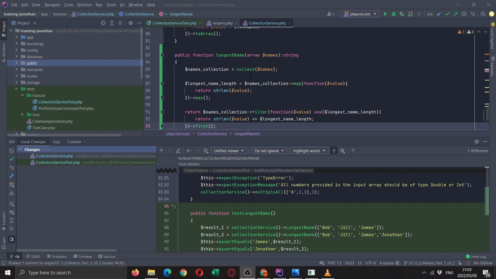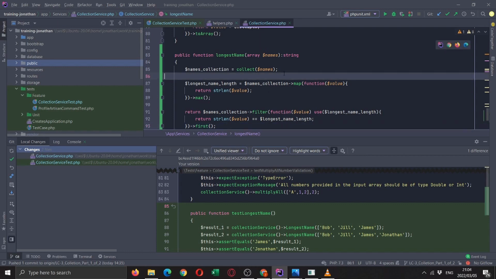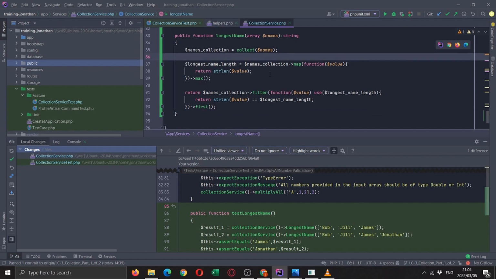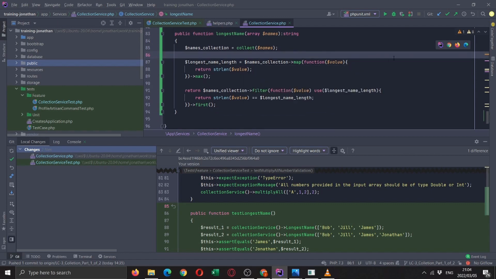So my solution that I ended up implementing is, we've got the collection of names. So I figured, okay, let me get the largest string, or the longest string's actual value, which I do over here.